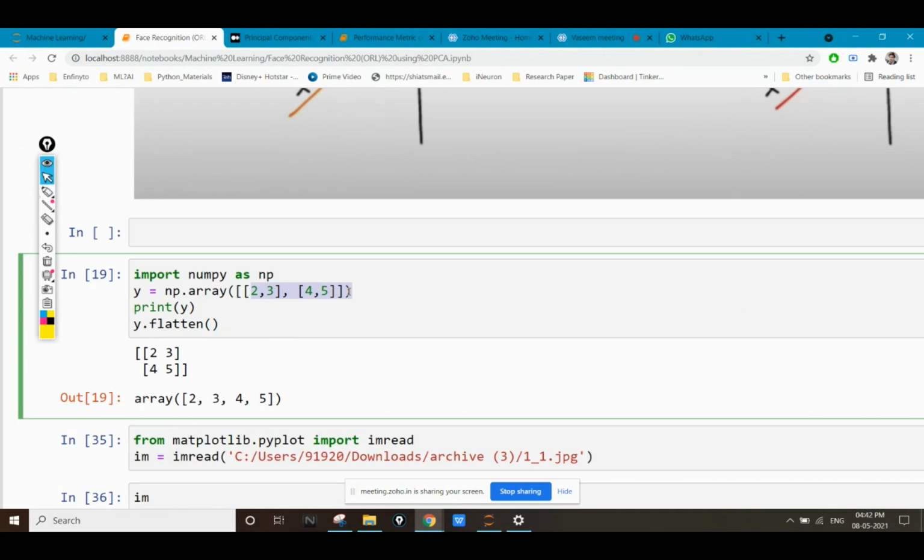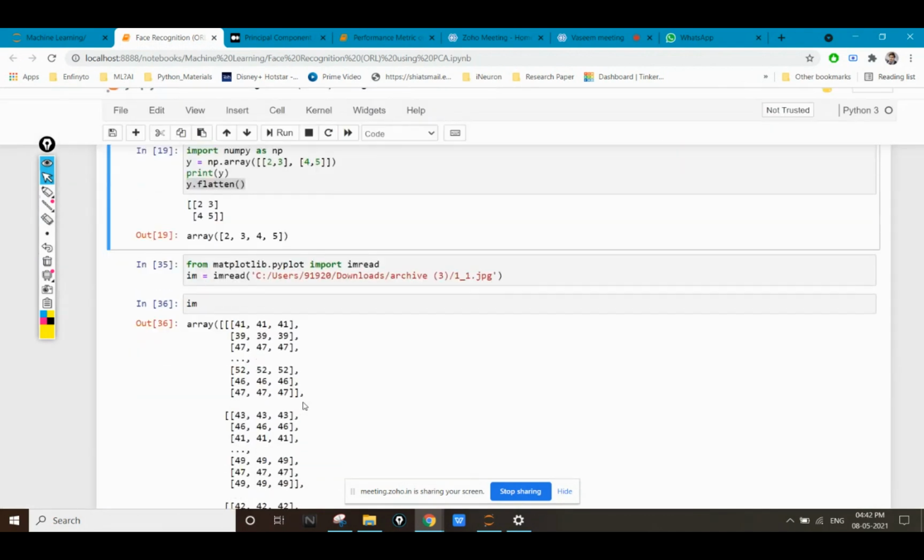So what I'm going to do is just change this 2D array into a 1D array. See, a y dot flatten, and the output of this 1D array is a row wise matrix: 2, 3, 4, and 5.